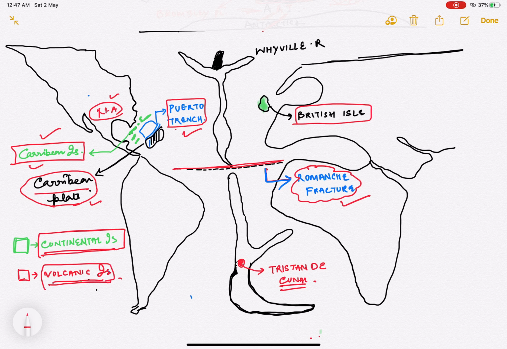I hope you understand the continental islands are the part of the continent, remember that, whereas the volcanic islands are formed due to the